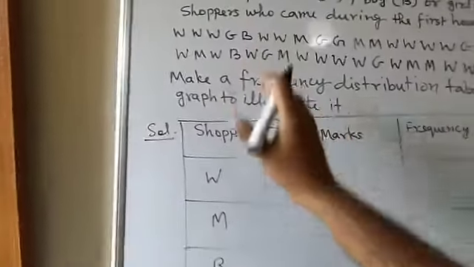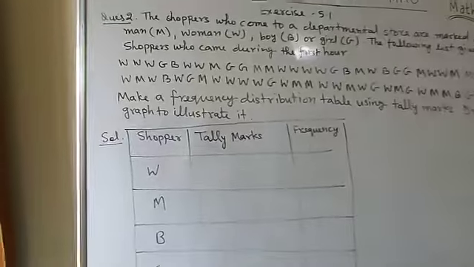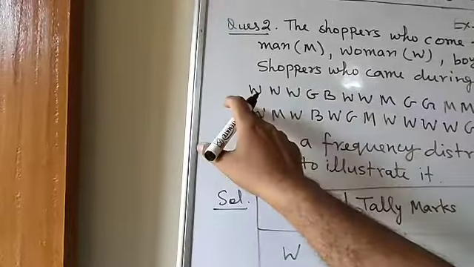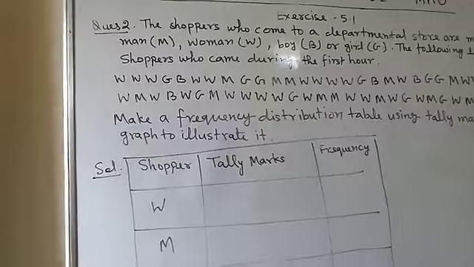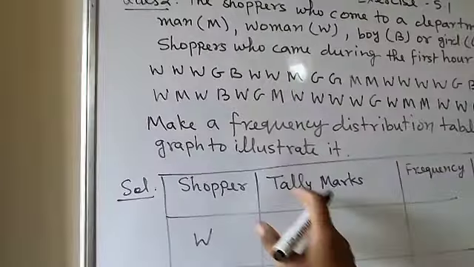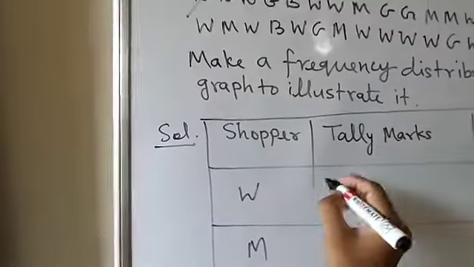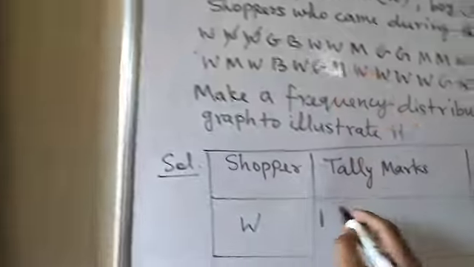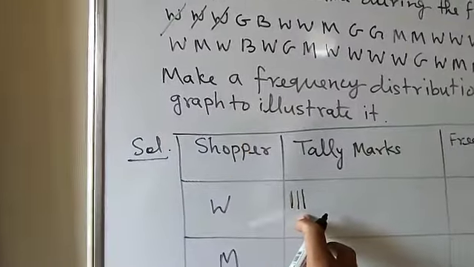Now, if you are going to represent it in the frequency table, it's better to mark one tally mark from here, and you need to cut it with the help of a pencil in your book, so that you will not be confused about which value is represented and which is not. For example, here W I am going to cut, and here I am going to make one tally mark. Again W, 2W, again I had 2. So here I have represented the 3 values.